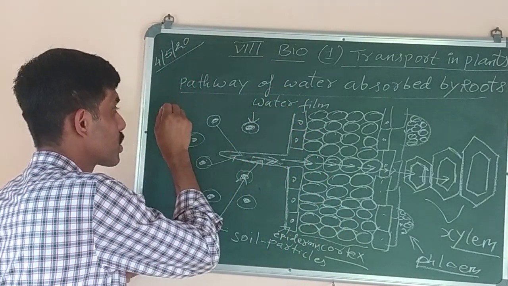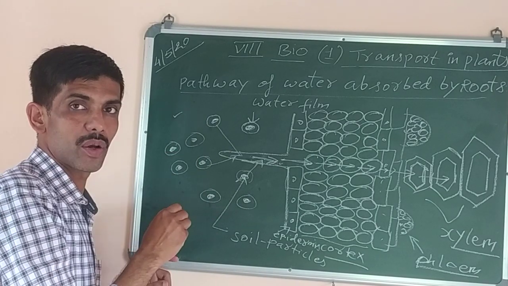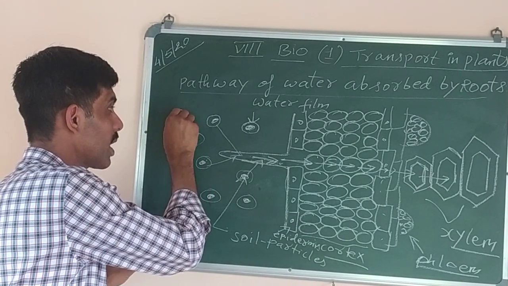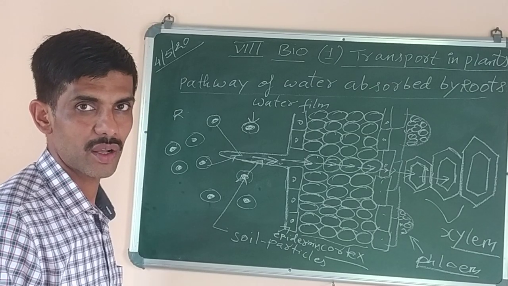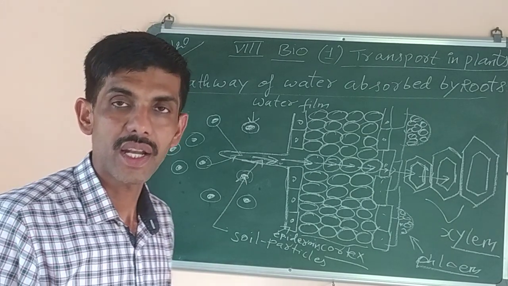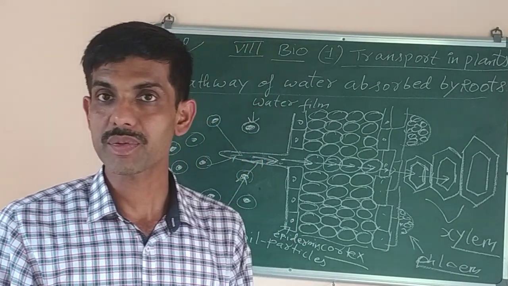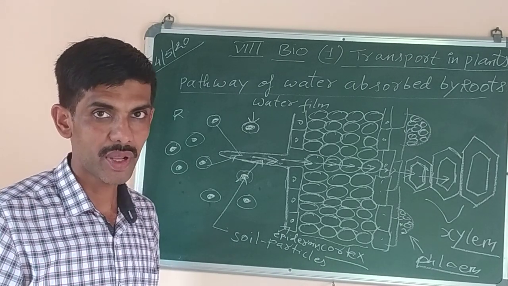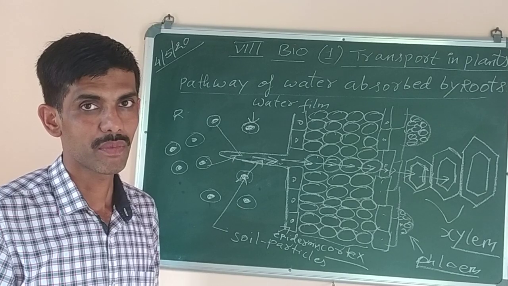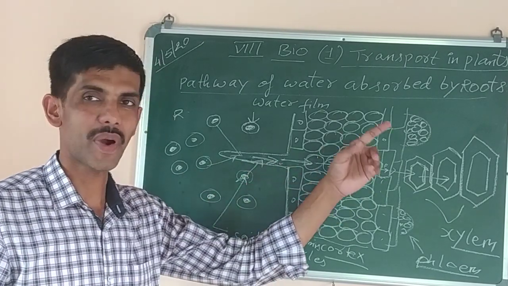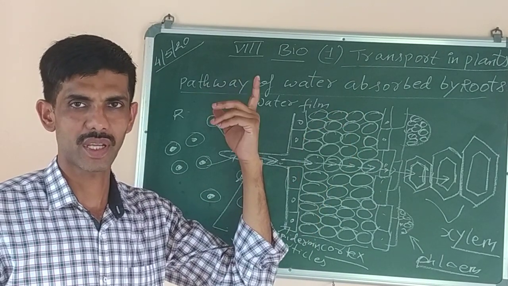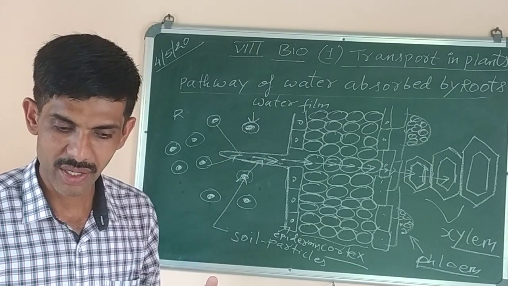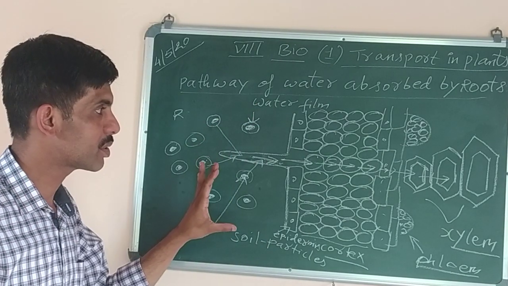But osmosis is one of them, root pressure is one of them. Similarly, other factors are also there in the ascent of sap. So what is ascent of sap? Ascent of sap means the movement of water and minerals from the root hair cell to the upper parts of the plant, that is to the leaves, stems, branches. That is called ascent of sap. So hope you have understood this one.